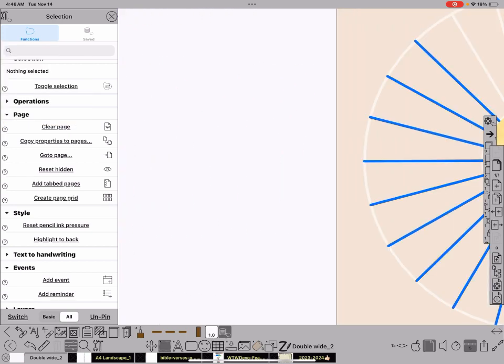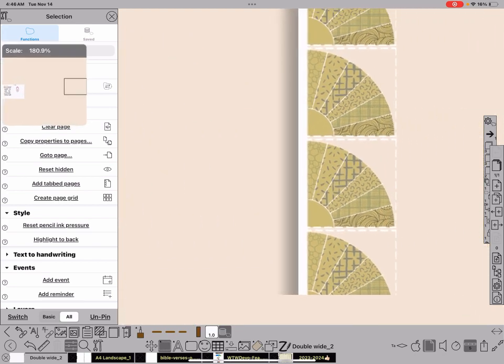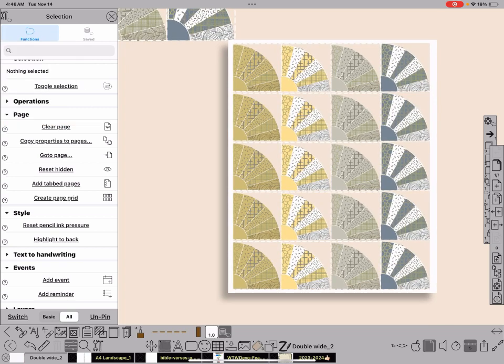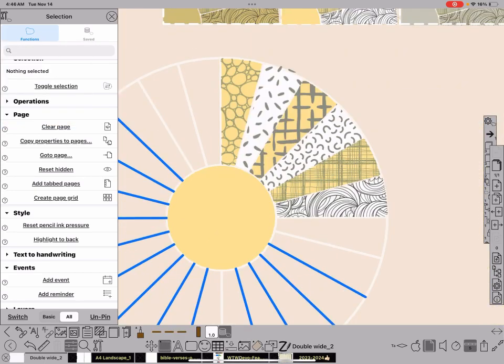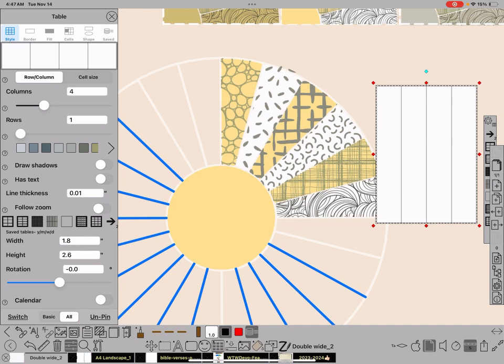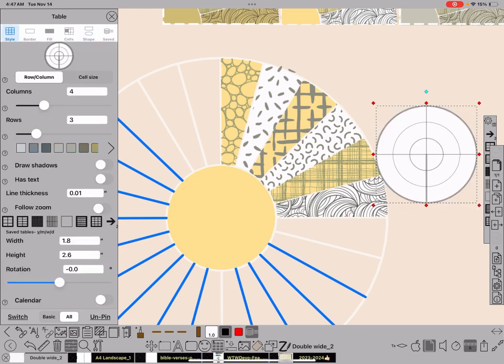Let's see. Right here. I did that with a table. Exploding a table. How cute is that? Now you could also obviously do a better job of color and all that business. But what I did was I created a circle. So if I go back to the table, create a table, it starts out rectangular. Then I go to shape, change it to circular, and then go back and add a bunch more